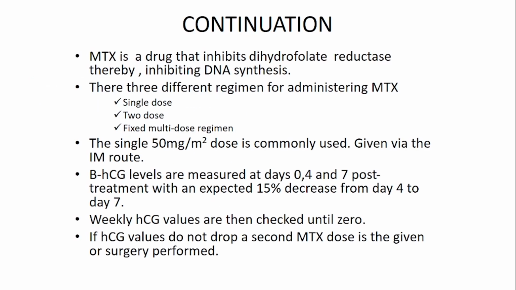So that's the option. Now, if you are using systemic methotrexate, there are different regimens for administration: a single dose, a 2-dose, or a fixed multi-dose regimen. The common one is 15 milligram per meter squared, given via the intramuscular route. It's important to measure the beta hCG at the beginning of the administration of the drug, and at day 0, day 4, and day 7. We expect a 15% decrease in the hCG level from day 4 to 7. If it does not drop, then a second dose of methotrexate may be given. Or sometimes, if you think it's not working, you may resort to surgery